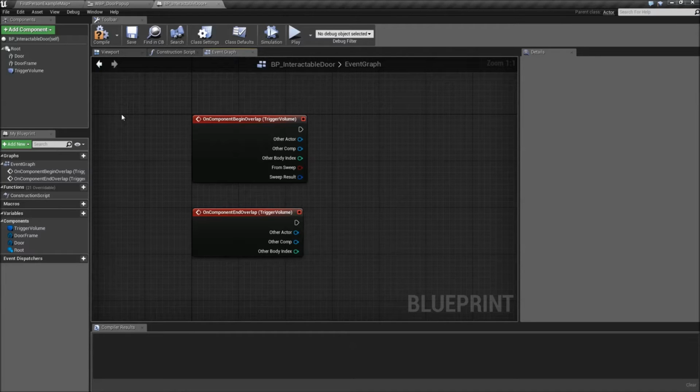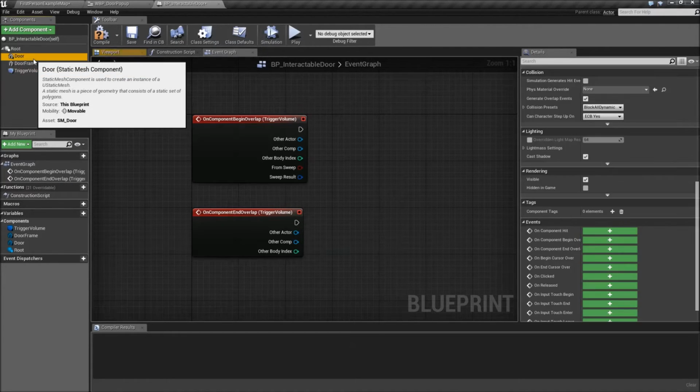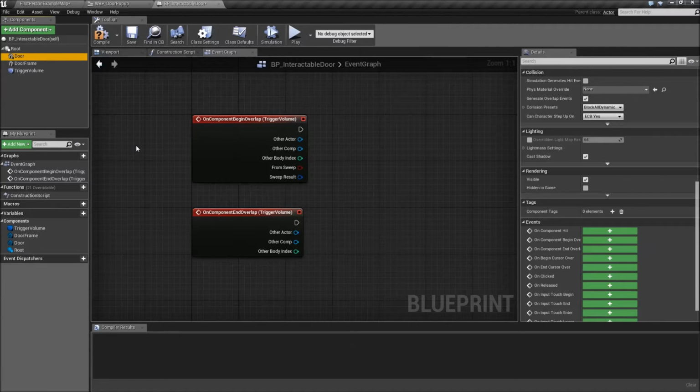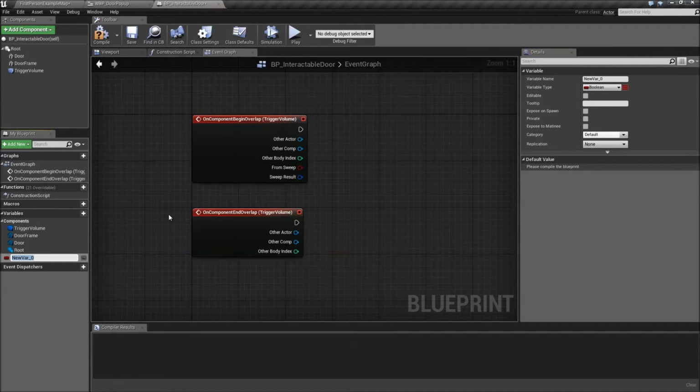So what are the rules for our player to start interacting with the door? They need to be within the trigger volume, so within range essentially, and they also need to start clicking on the door to be able to bring up the HUD or the widget blueprint and use it to open the door. So on our begin overlaps, I'm going to create a new variable of type boolean and call it is player within range,